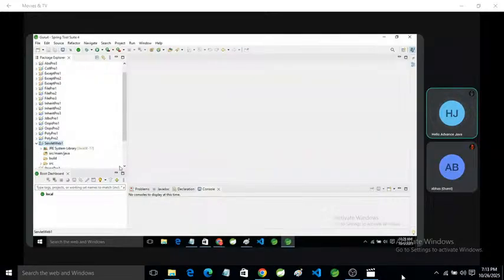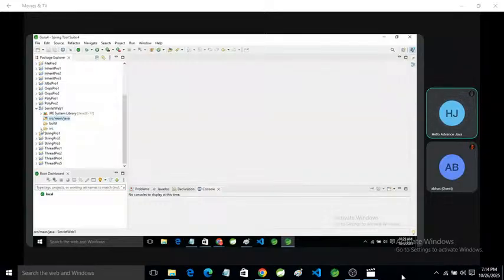This is the directory structure of your project. These are the JRE libraries. This is the build folder. It contains the classes folder and will store the class files of the servlet.